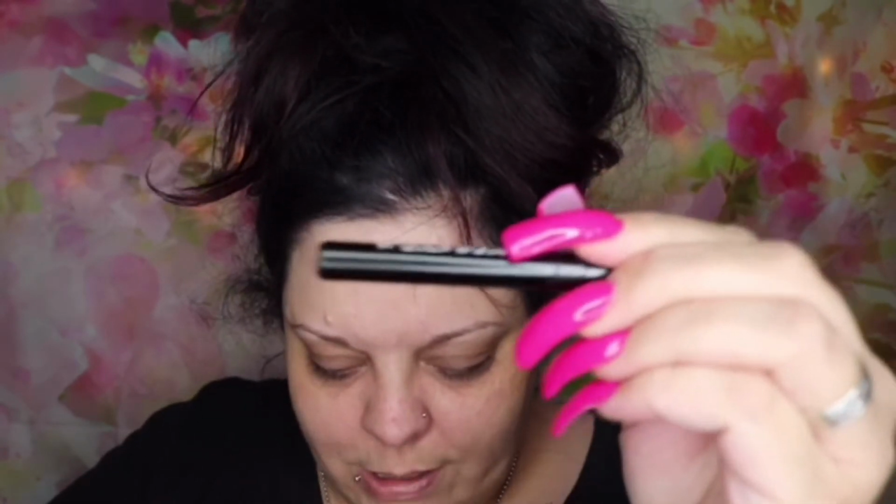We have a Too Faced lipstick in Pitch Perfect. Perfect. Okay. We have a Sonia Kashuk retractable lip brush. Yet another mascara, Perversion by Urban Decay. Oh my god. And a whole lot of these little